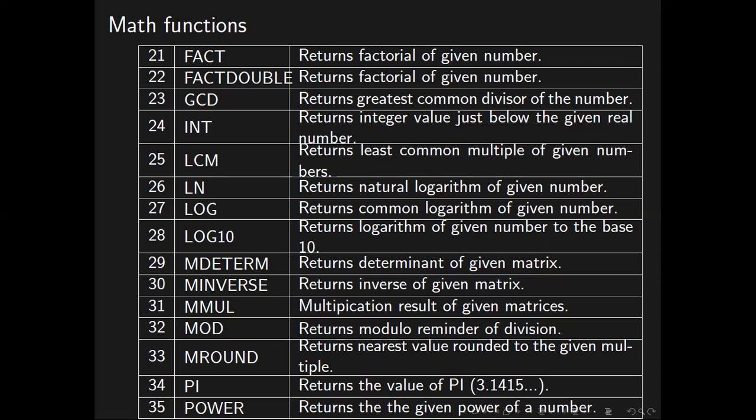The MOD function would return the remainder of the division, the remainder after division of the first number by the second number. MOD 7 comma 3 would give you 1 as the result, because 1 will be the remainder of the division. Then MROUND. This is something similar to the normal round operation, whereas